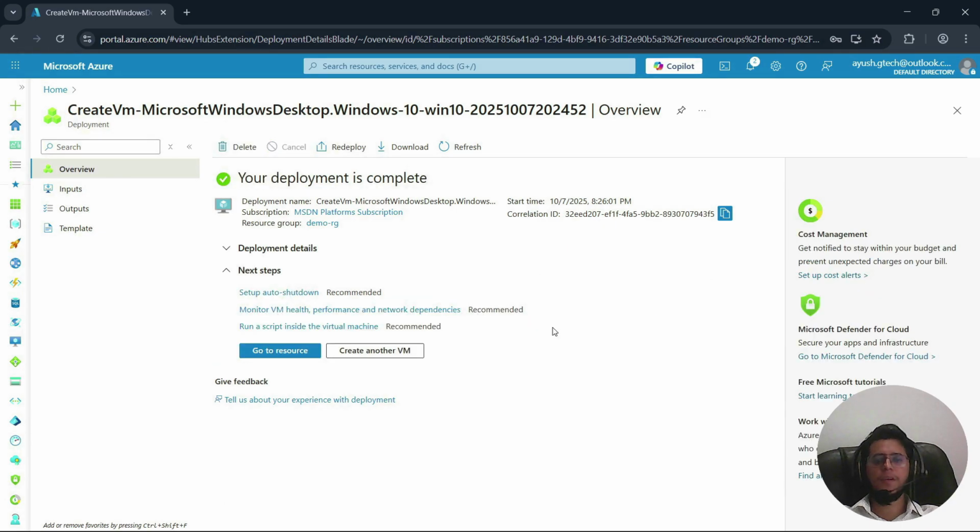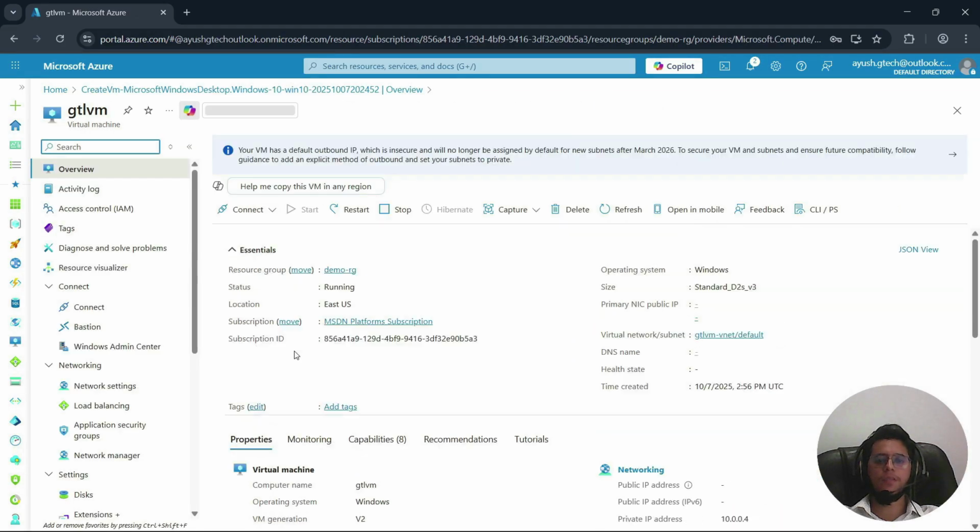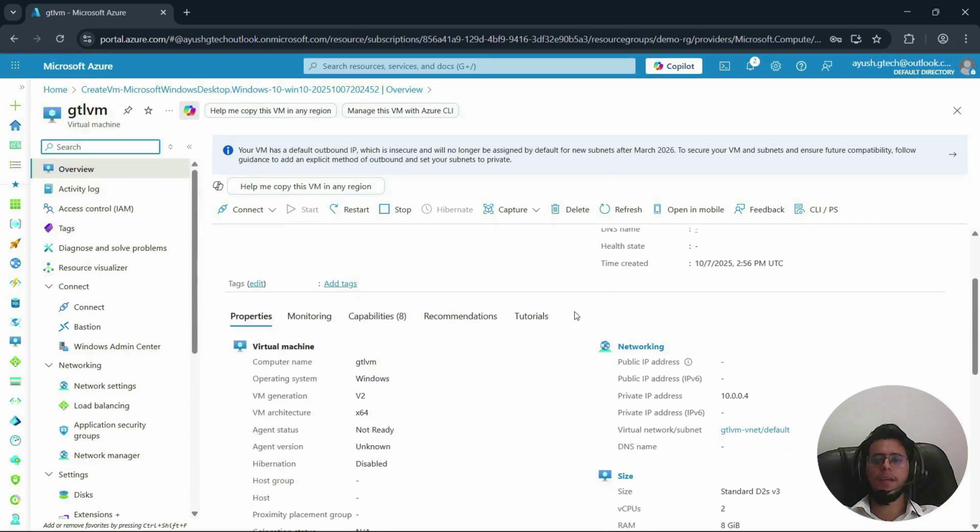Okay, now you can see my machine is created. If I click here, go to resource, I will be able to see the details of my virtual machine. Now, you can see as I have selected, this machine does not have any public IP, but it has a private IP. And we all know that by using the private IP, we cannot access the machine publicly.